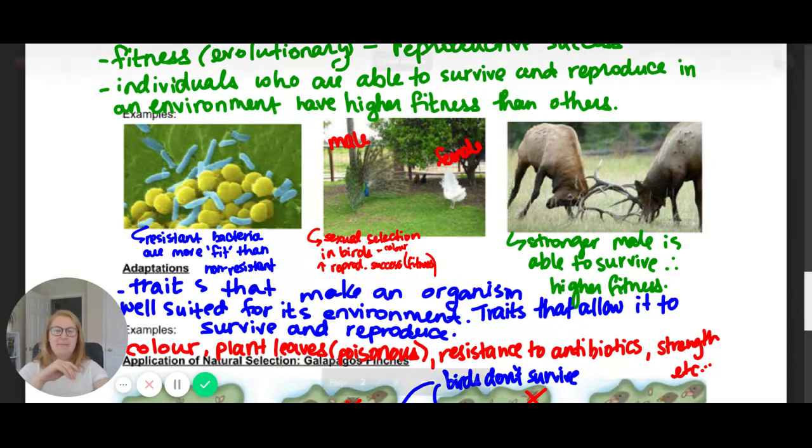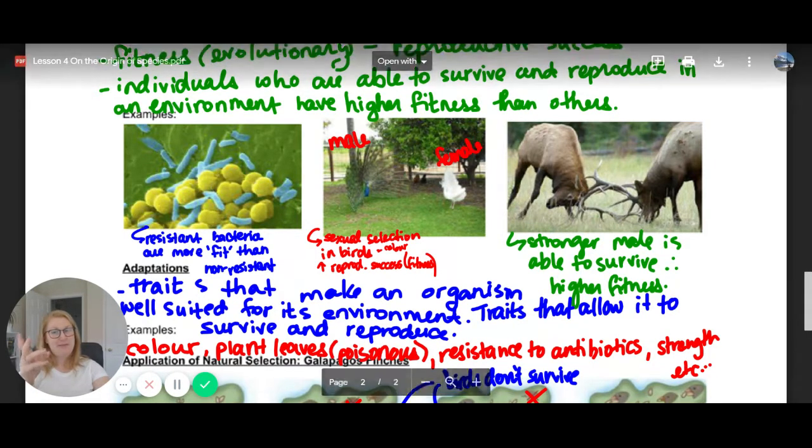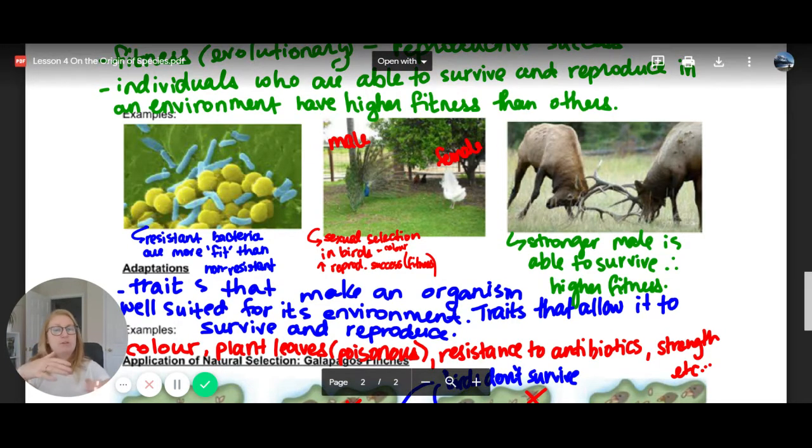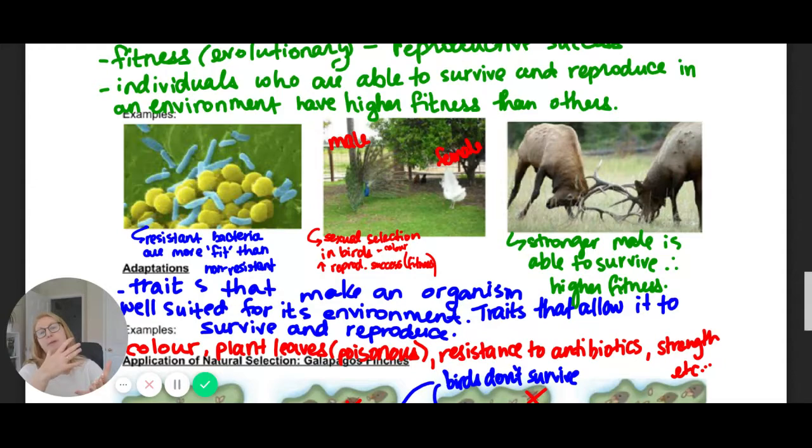We also see another example with, we see lots of examples of this with birds, actually, but in the animal kingdom, we have what's called sexual selection. So males who have larger and brighter colors in their plumage tend to attract more females. So in this sense, they have a much higher reproductive success. They're able to reproduce more frequently than males that perhaps have a smaller plumage or darker coloring, coloring that's not as attractive to the females.